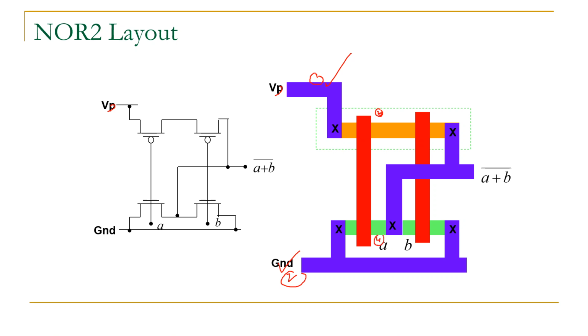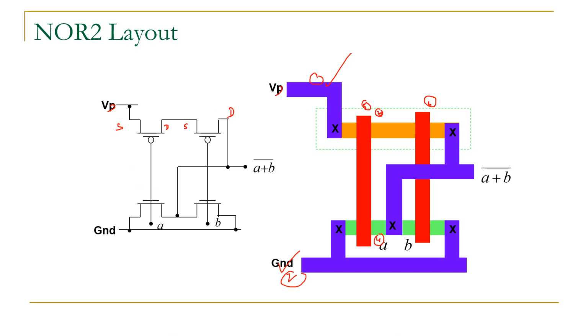Okay, then there are two inputs for your NOR gate. Hence, you draw A and B. That is your 5 and 6. Polysilicon material is used for 5 and 6. So once this is done, now you try to draw the contact cuts. See here, one side is connected to VDD, the source side. This is your drain side and this is your source side.